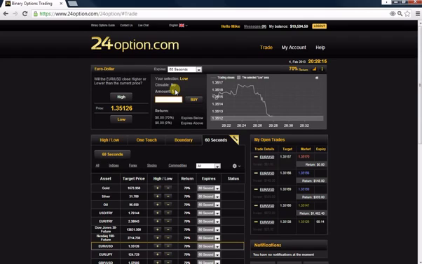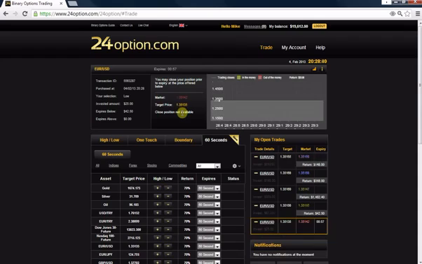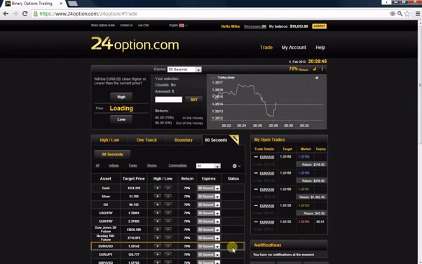So again, the idea is not to win every single trade in 60-second options, but to actually win back on the trades that you lost and make a profit. So again, here we made another $17 there. We're going to go with a put. The reason why I'm going to continue going with puts is because I actually want to catch it at the 4th or the 5th trade. Okay, so we're going to get,